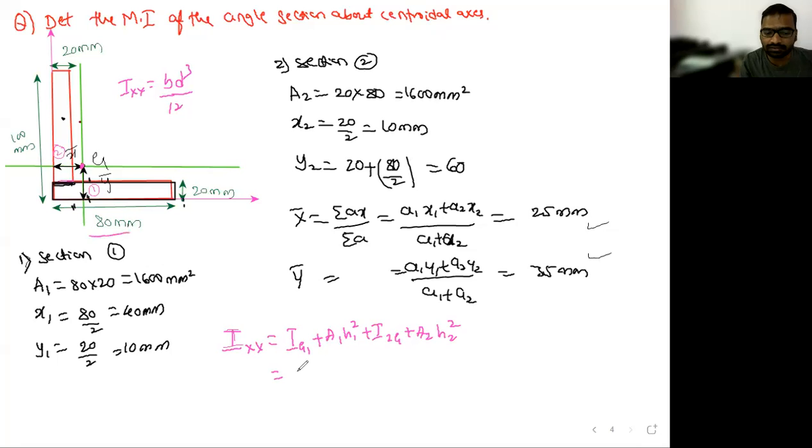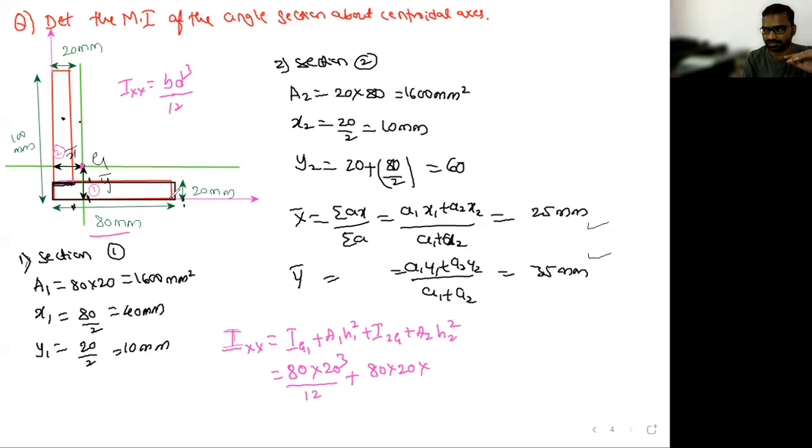What is B? B is 80, and what is D? 20. So 80 into 20 cube divided by 12, plus the area of the first section. The area of the first section is 80 into 20, into H1 square. Now this is the task for you. H1 is